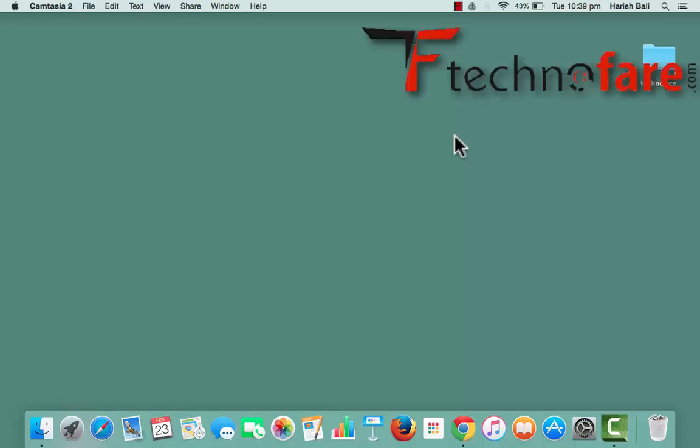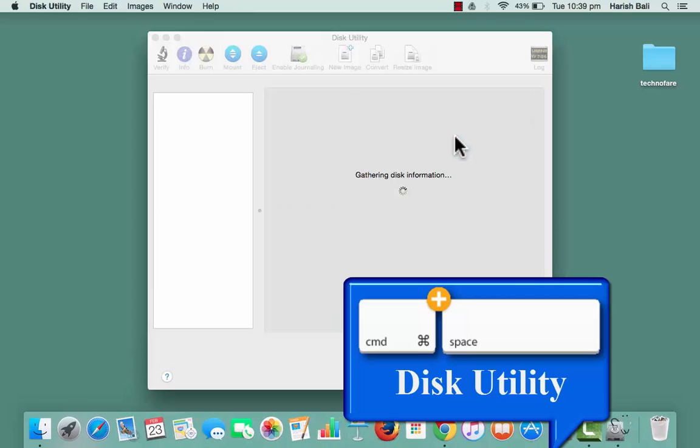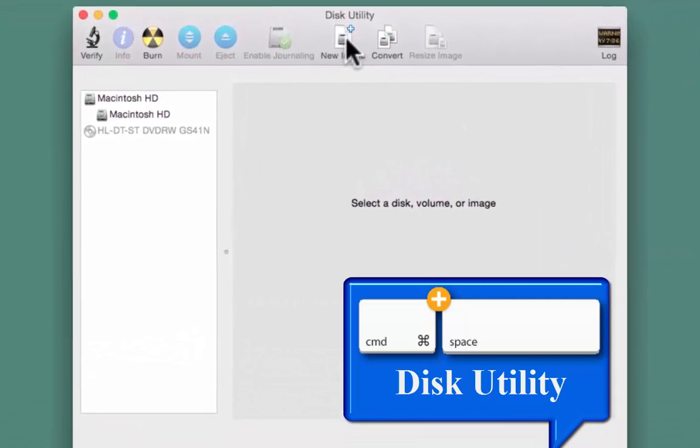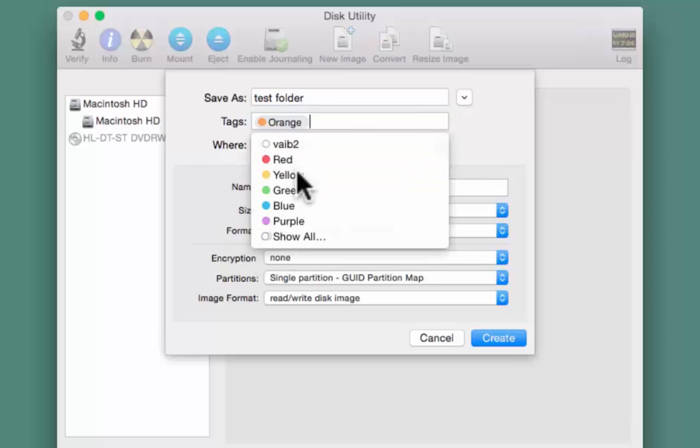To make a password protected folder on Mac, press Command and Spacebar from the keyboard and type Disk Utility. Click on New Image from the top. Set the name of the folder that you want to create. I am putting this as test folder. Select tags,